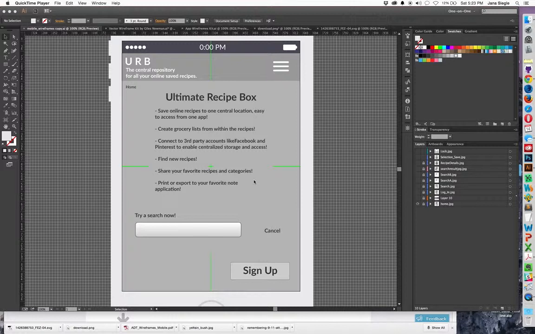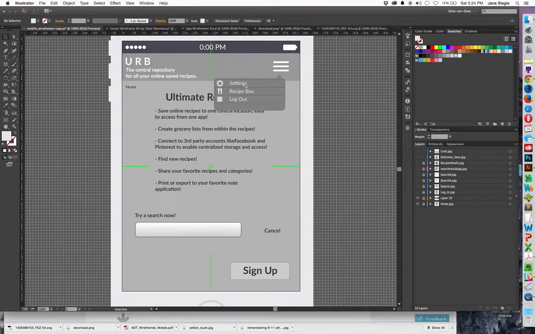And so here you see we have the main page, where you would land. You have the opportunity to start your search, and then when you try that, you would get another prompt. Then in order to save or do anything with the results, you'd have to sign up and create the account. You of course can sign up, or you can go up here to the menu, and when you log in